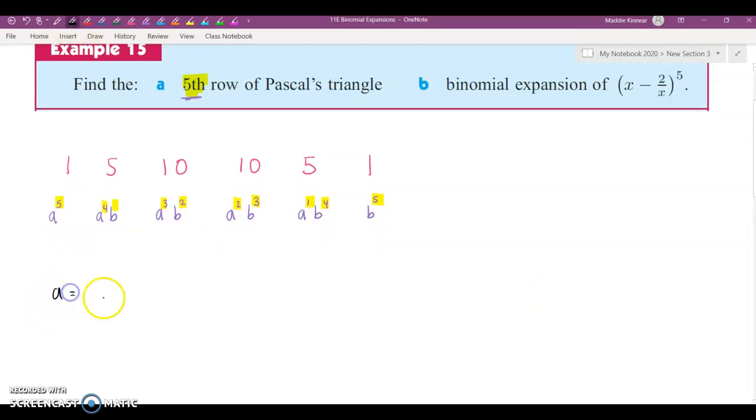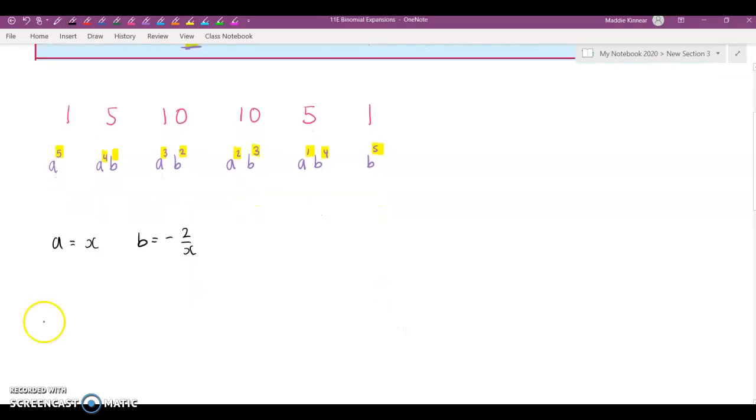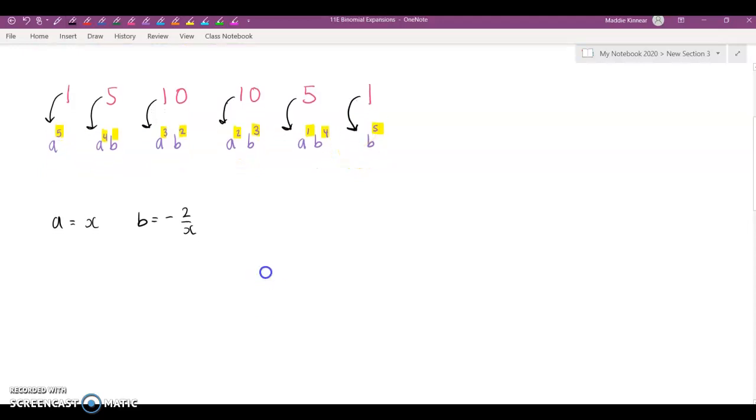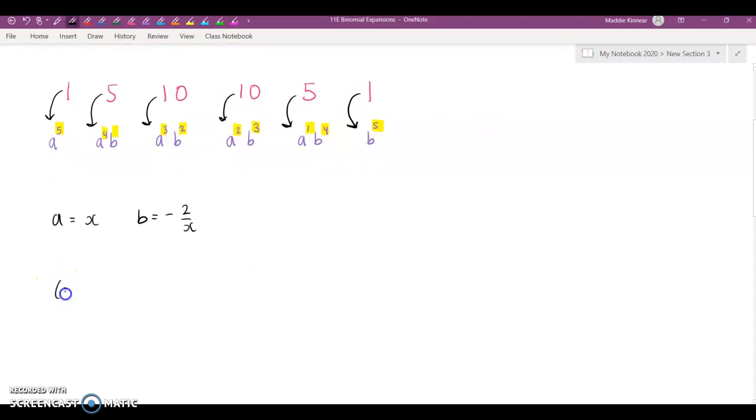We have a equals 2x and b is equal to negative 2 on x. Using this, we are going to start with the coefficients, remember, are these numbers above. When we do this, we just sub in the negatives. So we're going to get x to the 5 as my first term, plus 5 lots of a to the 4, which would be this, times b, plus 10 lots of a cubed times b squared